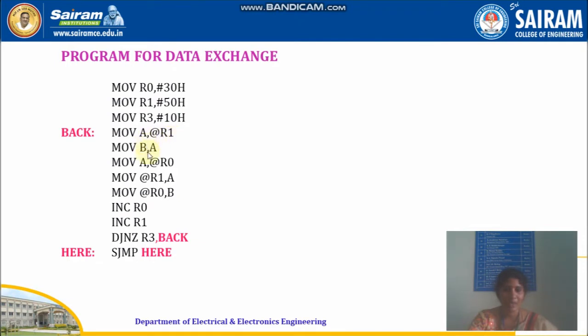It means that here A and B are considered to be temporary registers. Whatever data you have in 50th location will be moved to the accumulator. And whatever data you have in the accumulator is moved to B register. So it is one temporary register. Now whatever data you have in R0 register is moved to the accumulator. Then whatever data you have in the accumulator is moved on to R1 register. Why? Because the data already available in R1 is already moved to B register. So there won't be any data loss. Likewise, all the 10 data we need to move.